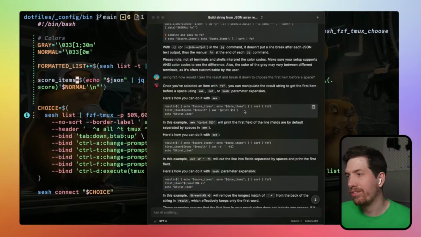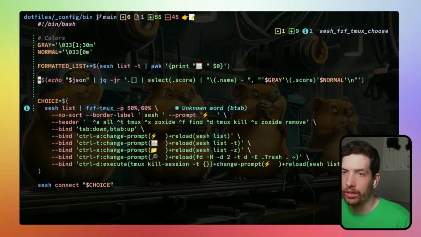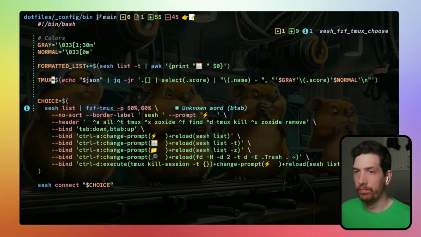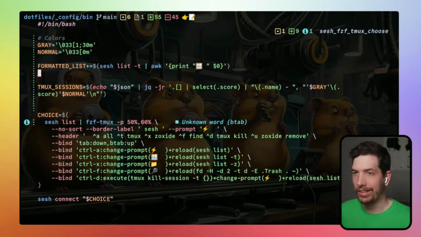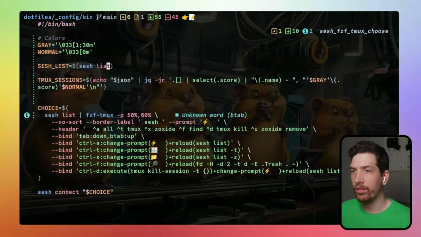We're not doing all of that. We're going to keep it simple. So we're going to say tmux. So this is sesh list is a sesh list. And then